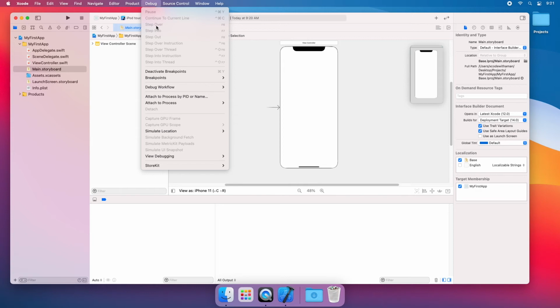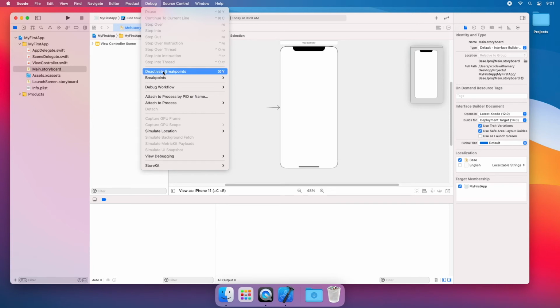Step Into is whenever you want to go inside any particular function: you can click it, and if the current line has a function, it will go inside it. Step Out is used when you want to exit from a particular function.